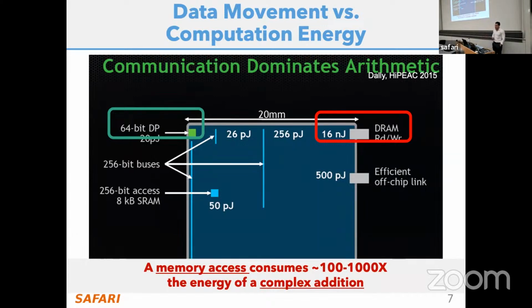And the main problem behind these bottlenecks, both in terms of performance and in terms of energy, is that we historically have been designing systems in a compute-centric way. And this led us to design really efficient processors. So a processor doing double precision computation on chip takes some picojoules of energy to compute. But if you need to go off chip, to your main memory or to your storage, that is going to consume two to three orders of magnitude more than doing the complex operation. So this creates an imbalance in how we have the systems today.